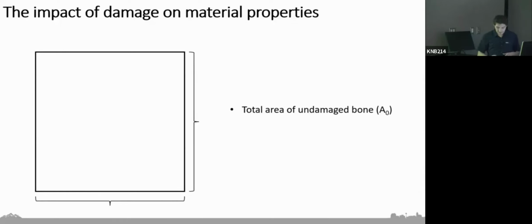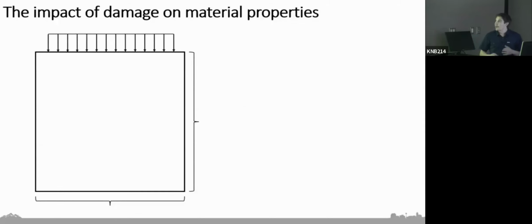That's our A naught. And of course, associated with this cross section, we would also have the material properties of that particular bone. And so we're really talking about this initial elastic modulus in that cross section. Okay, so now you can imagine that if we go ahead and load this cross section of bone